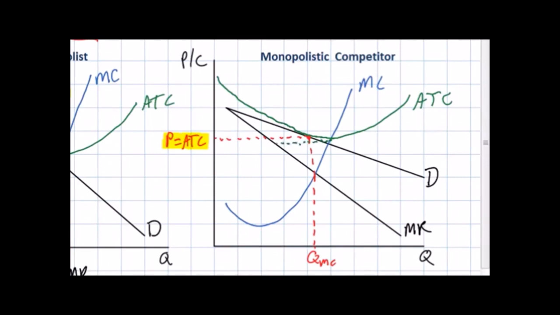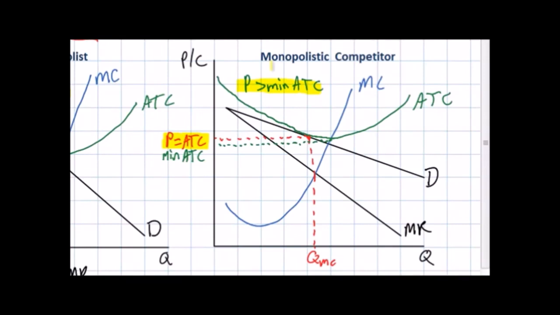So the minimum ATC is found by going from the lowest point on the ATC curve over. And there's our minimum ATC. So in fact, the price is greater than the minimum ATC, indicating that the firm is productively inefficient. Despite the fact that the firm's price is equal to its average total cost, it is not equal to its minimum average total cost. So while these firms will only break even in the long run, they will not necessarily